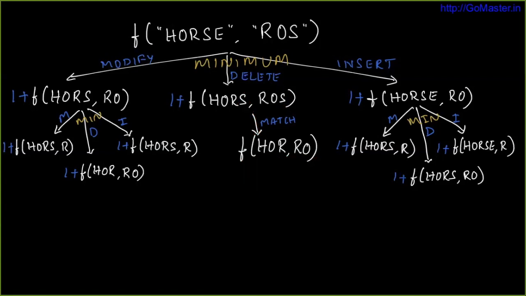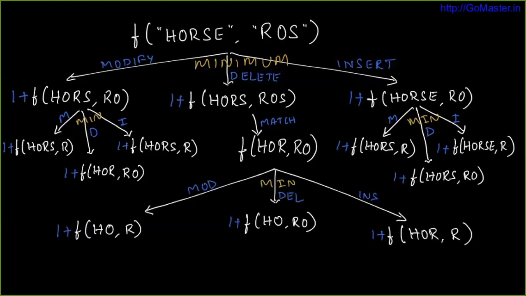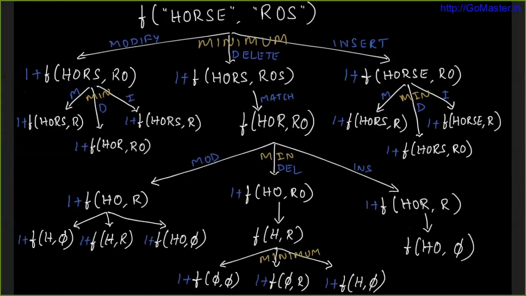And the third case, again, we are dealing with all the three operations, and then you can figure it out, right? Instead of writing the whole thing, I'm going to just explore the middle possibility here. So again, because R and O are different, we need to explore all the three possibilities here. We are exploring in the similar way, and so I don't think there are any new things to discuss there. But again, look at the middle case here.